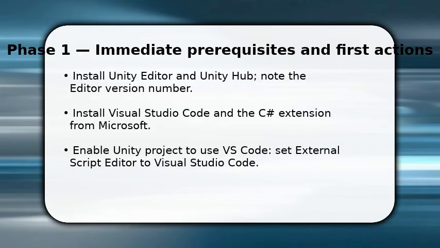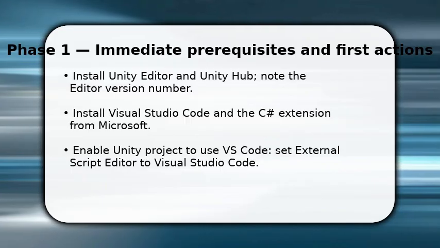You start by confirming prerequisites. Unity Hub with your editor version and Visual Studio Code installed. Open your Unity project, then go to Edit > Preferences > External Tools, and set External Script Editor